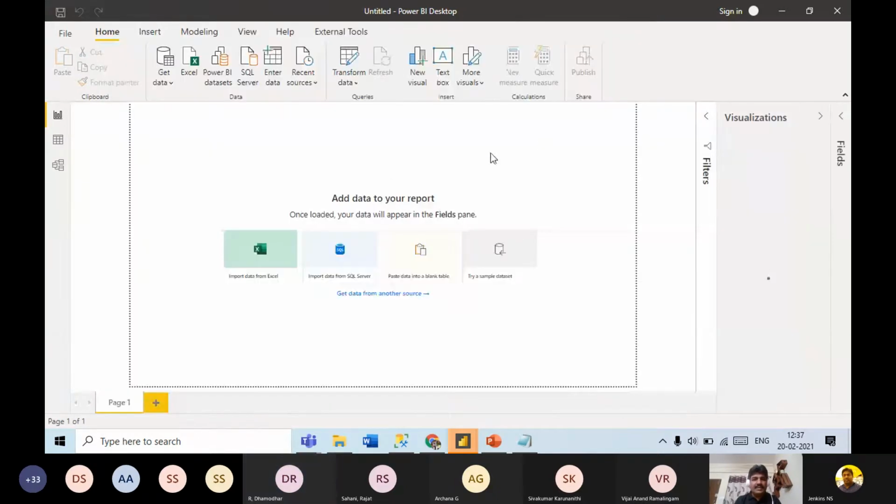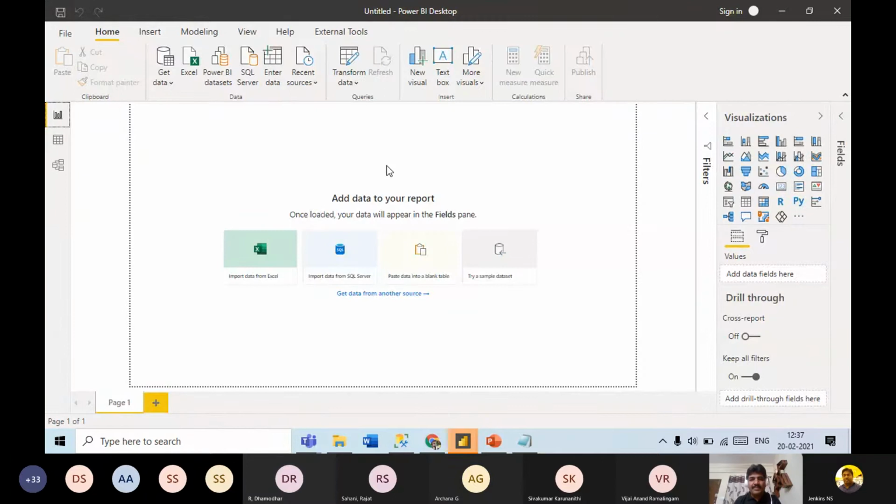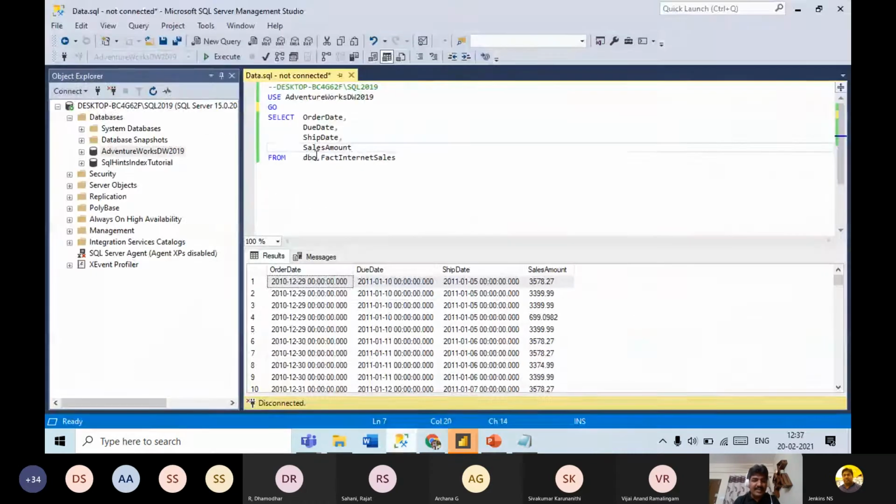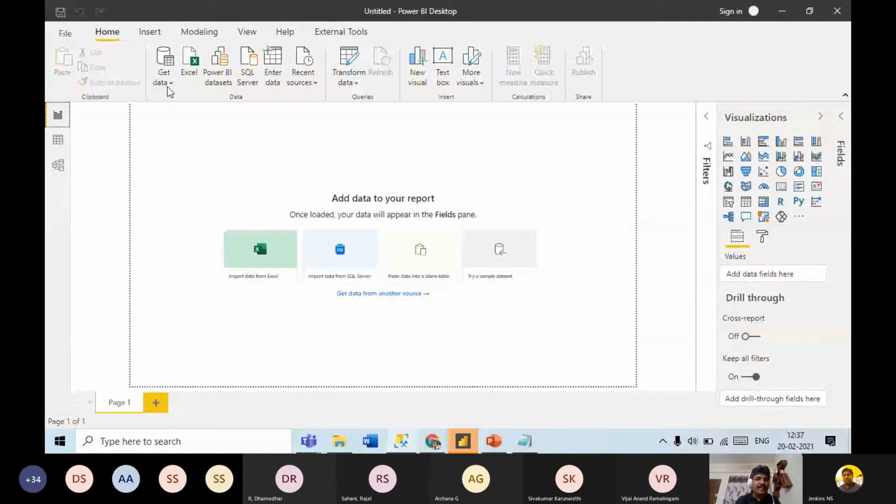This is the opening screen of Power BI, and here you can create your reports. In this section, a lot of visual controls are there, like column charts, pie charts, line charts, all those things. Let me start by importing this data into my Power BI.